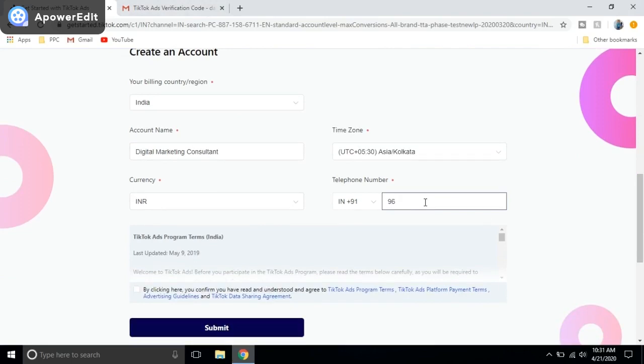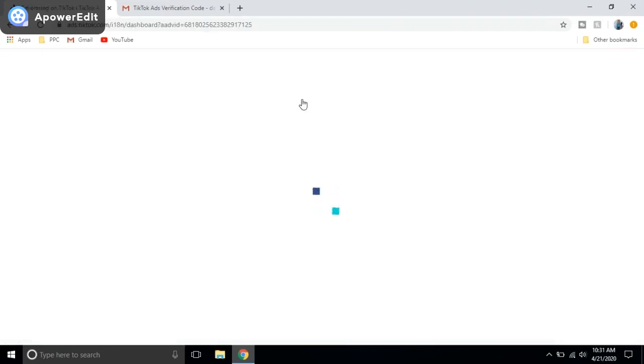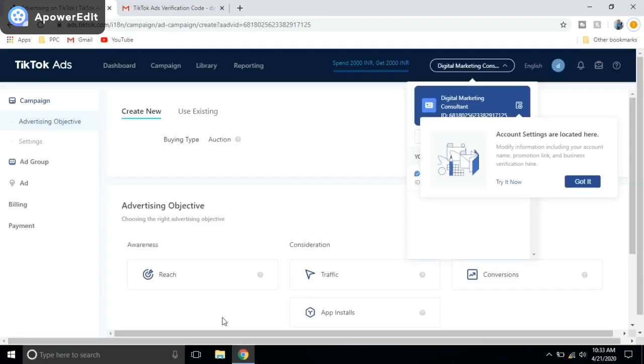I will provide my telephone number. Now I will click and submit. So now it's creating our account on the basis of information we have provided. So now my TikTok account has been created.